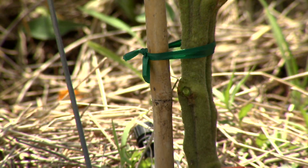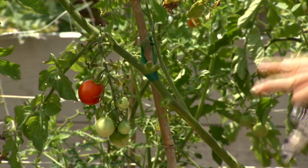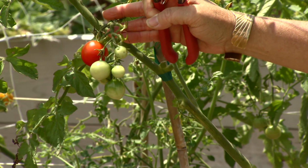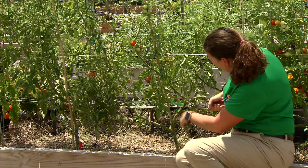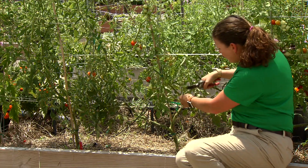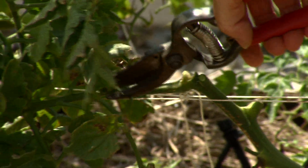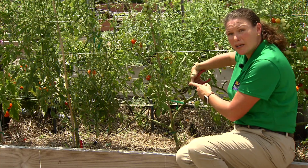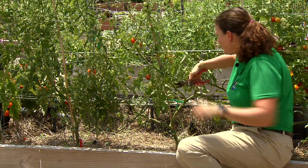Now what this does is it provides more energy to the plant for these upper fruits. So what you want to do, and what a good maintenance technique is, is to remove all the suckers going up, leading up to where we produce fruit. So all of these things, we want to clear it up. Even if you see a few flowers here that may become fruit later, let's go ahead and get rid of those as well. Okay, so